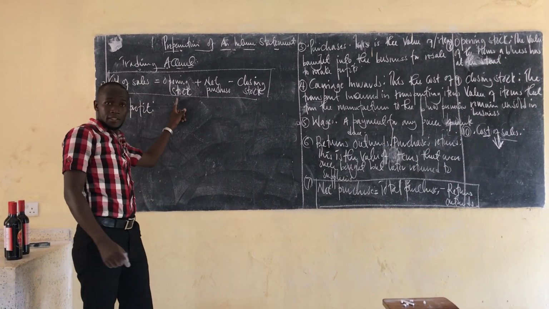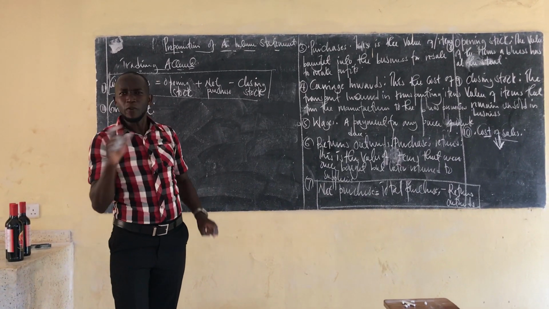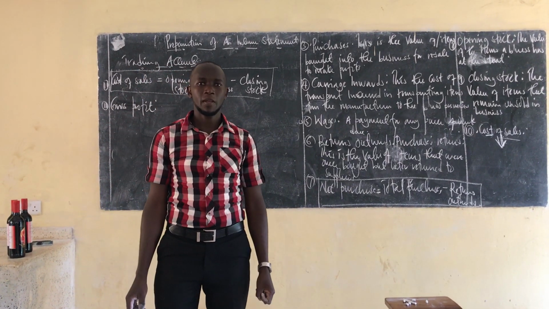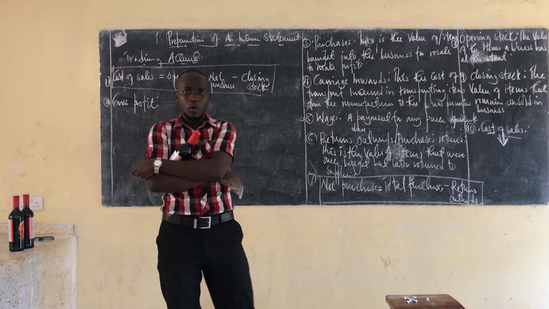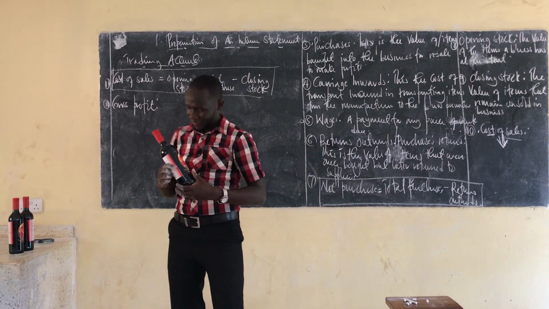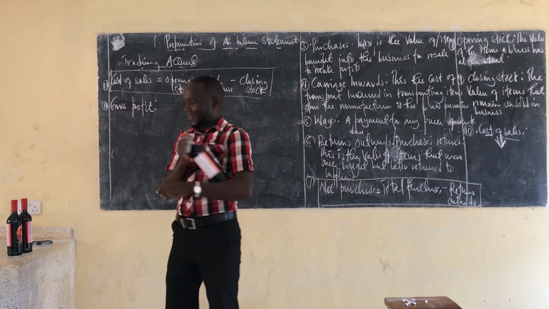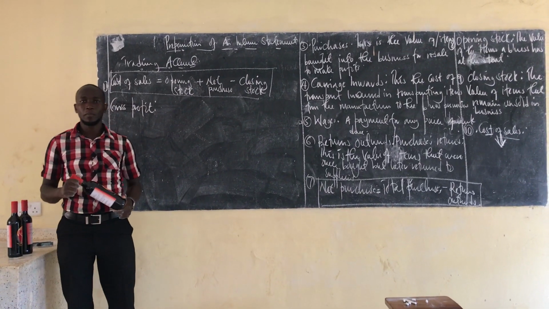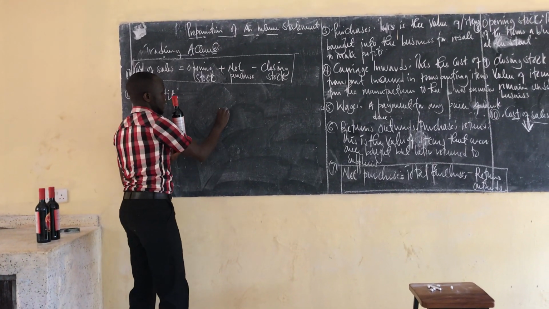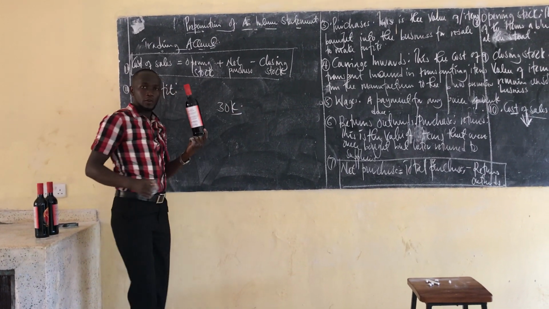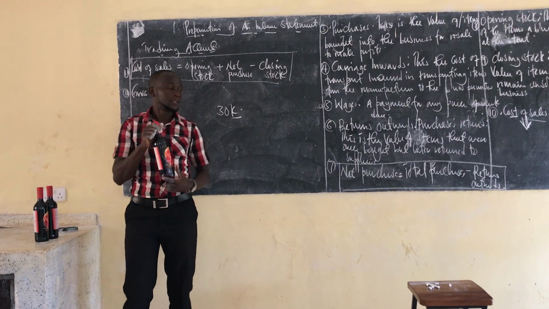Amount of money in excess of cost of sales before deducting any expenditure. Let me give an example. Simple. I'm using just this one bottle. Now, when you look at this one bottle, assuming it goes for 30,000, and